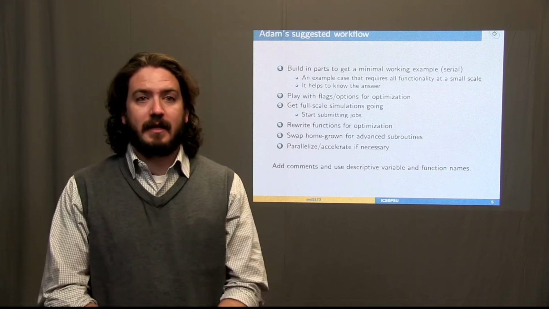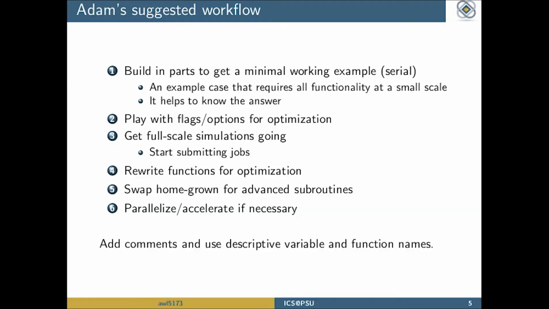So the first thing that I suggest that you do is to build whatever you're trying to do in parts to be able to get what I call a minimal working example. What this minimal working example is, it's an example case that has all the functionality that you need. So every function that you would possibly call, but at a much smaller scale than your production runs. So this can be either a single job when you're going to do tens or hundreds of thousands of jobs, or it can be a, say, single processor case, small mesh version of a problem